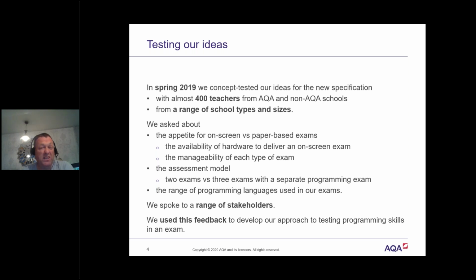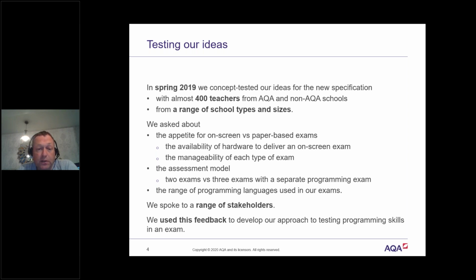I say it would have been quite easy for us to roll that out at GCSE, and I think many people thought that's exactly what we were going to do. And if I'm honest, we thought that's what we were going to do because we thought that's what people may have wanted. In the context of this, we also asked about the availability of hardware in schools to deliver an